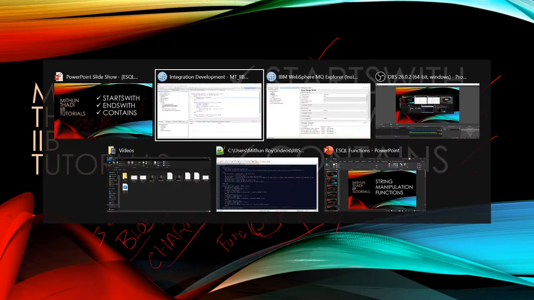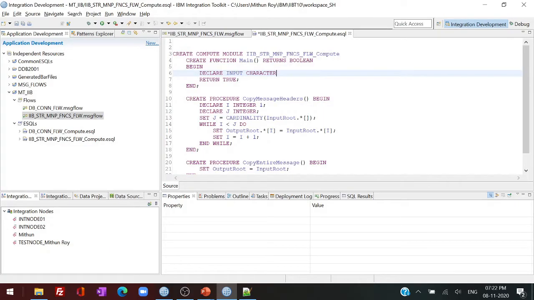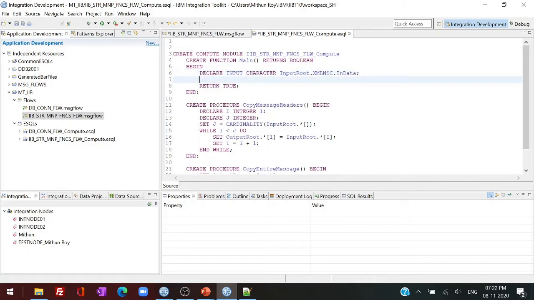Okay, let's go and utilize the same here. So I'm using a character. I'm accessing input root dot xml nsc dot in data. So this is the input from which we are going to get the input value. So let's implement 3 functions at the same time and check how it will work. Okay, so let's go with starts with